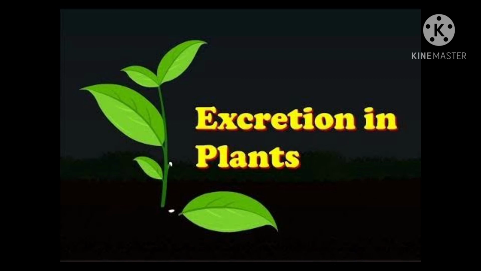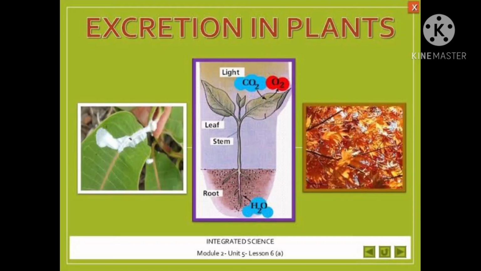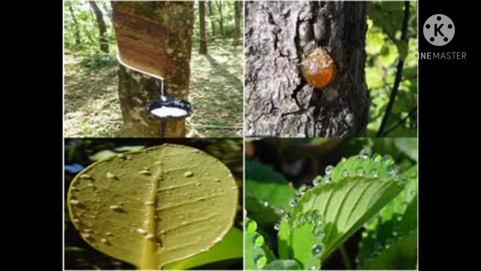Now our next topic is excretion in plants. You must have observed that the leaves and the bark of many trees dry up and fall off. The unwanted metabolic products are stored in these leaves and bark. As they fall, the waste products are also removed. So plants also excrete like other organisms, but they do not have special organs for it. So children, plants also perform the function of excretion, but they do not have any special organs for excretion, so they perform it within the organs of the plant.